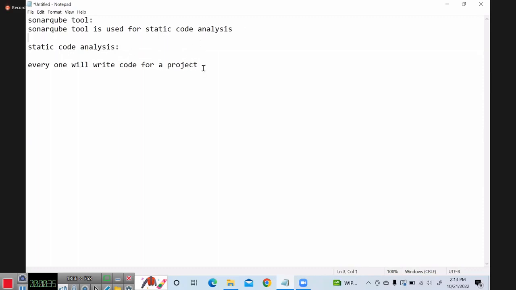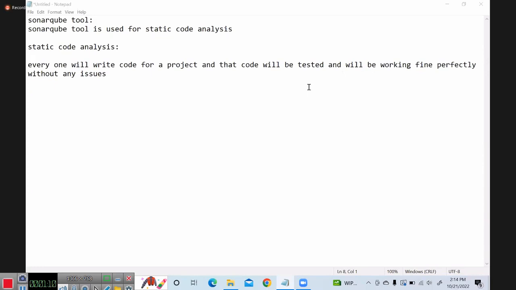See, everyone will write code for a project, and that code will be tested and will be working perfectly fine without any issues. Whenever you develop code, what you want to remember is: